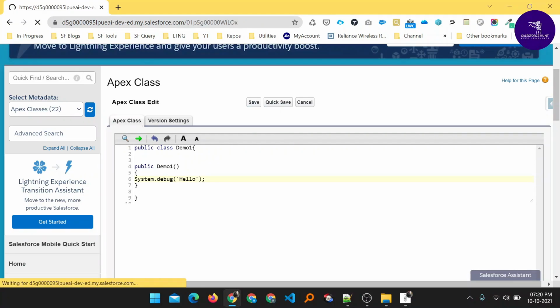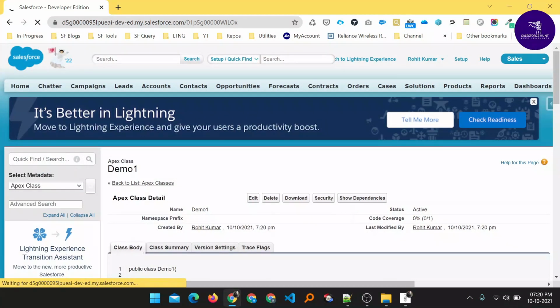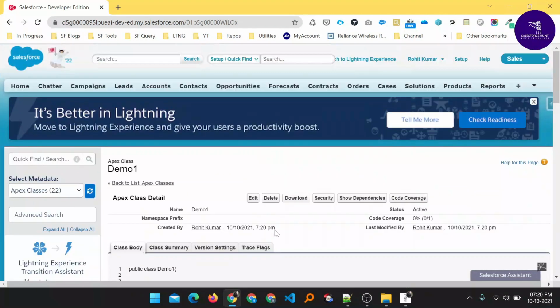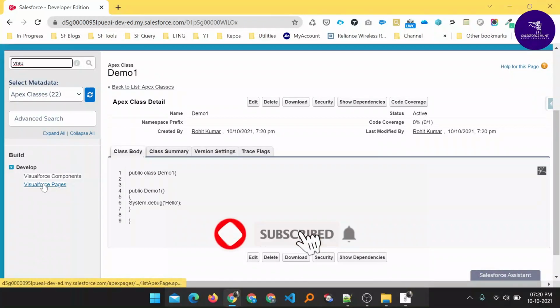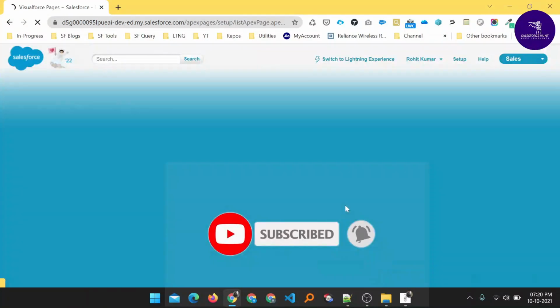So I have this one class, demo one, and let me create one web page as well, because my intention is to show how to create and delete an Apex class and a Visualforce page from production.